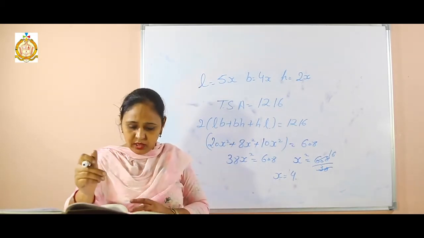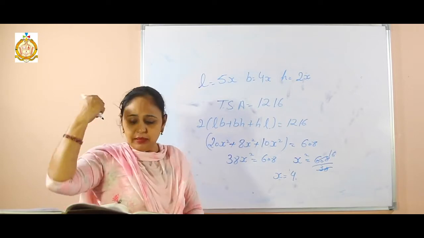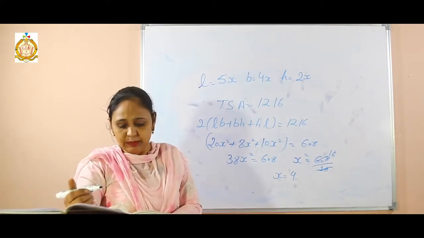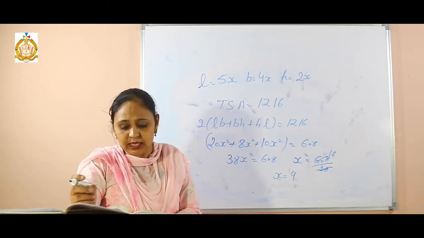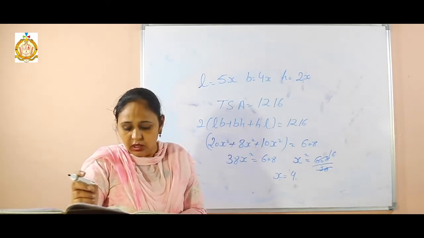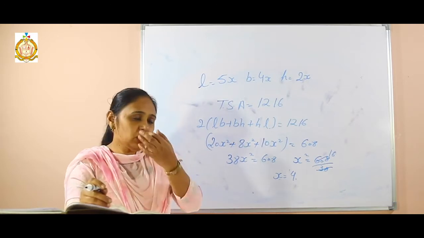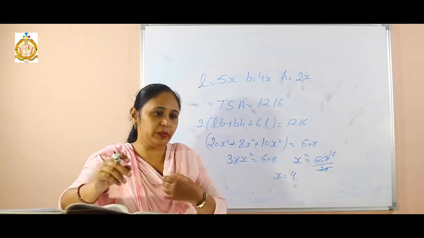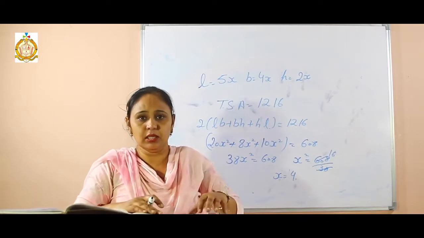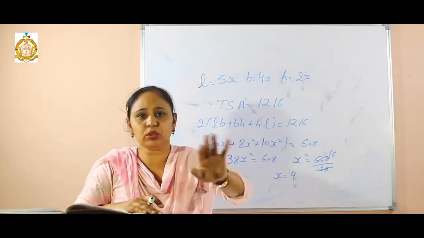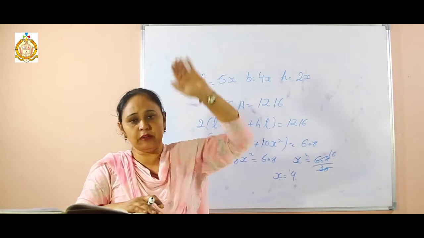In the next sum, sum number 3, the dimensions of the cinema hall are 10 meter, 60 meter and 15 meter. How many persons can sit in that hall, if each requires 150 meter cube of air? Now listen, if we just assume meter, persons have to sit, then we assume that they will sit on the floor. They don't occupy the above volume.